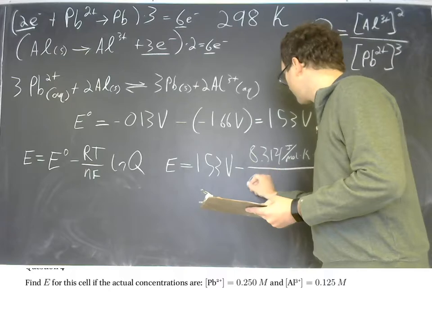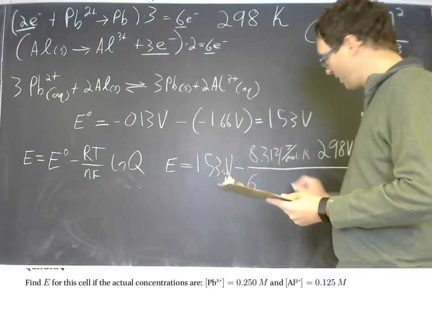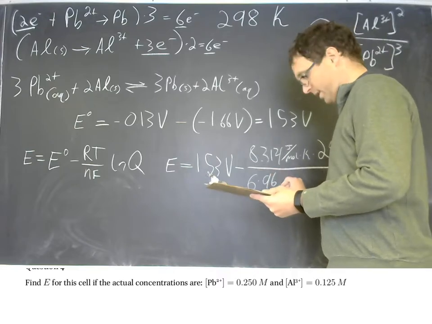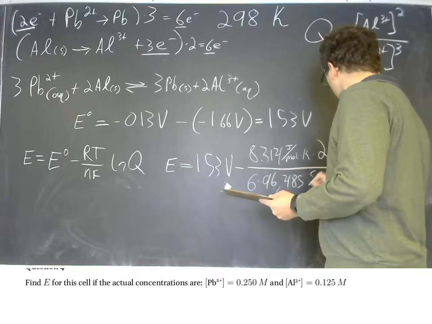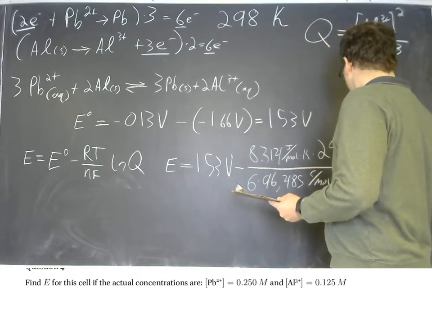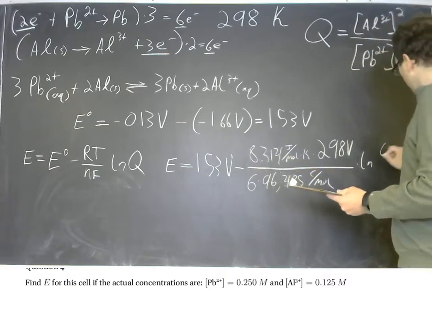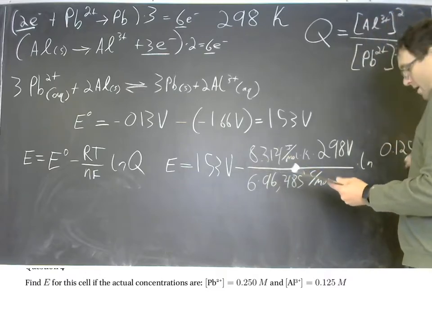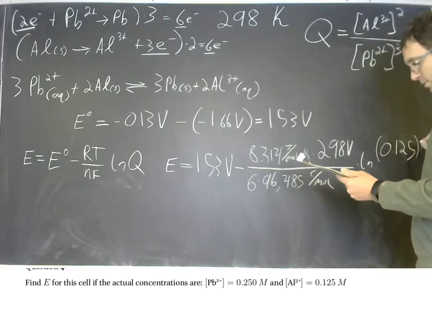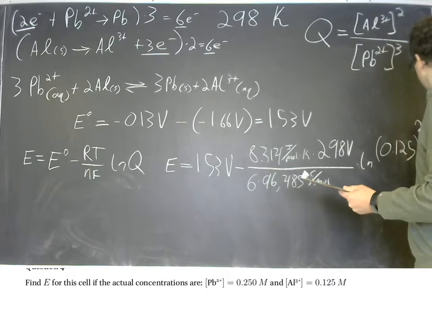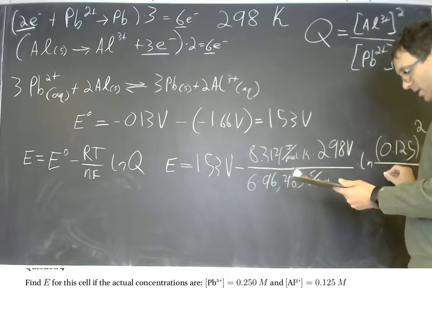6, our number of electrons transferred, times 96,485 coulombs per mole times the natural log of Q. Now in this case that's going to be 0.125, that's the concentration of aluminum, and that will be squared over the concentration of the lead, which is 0.250